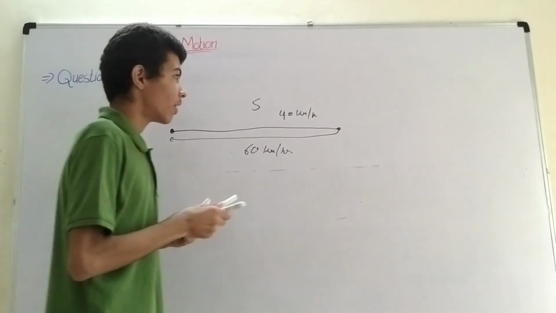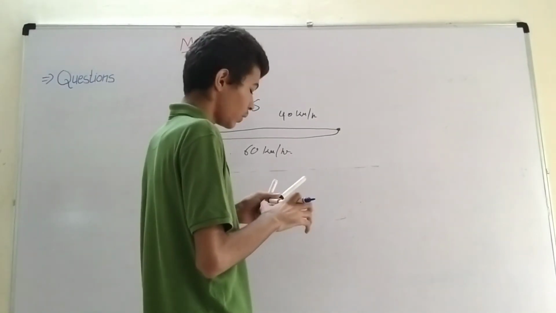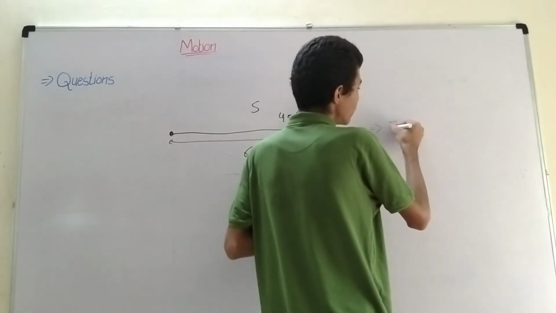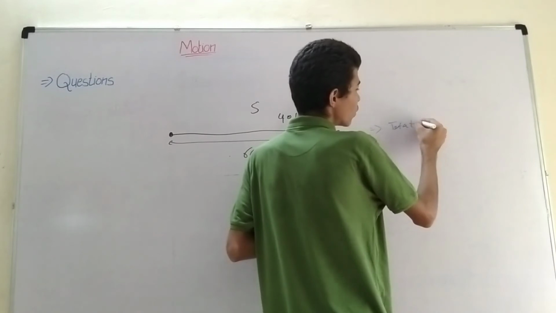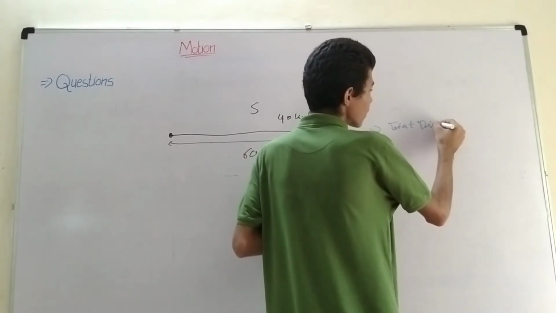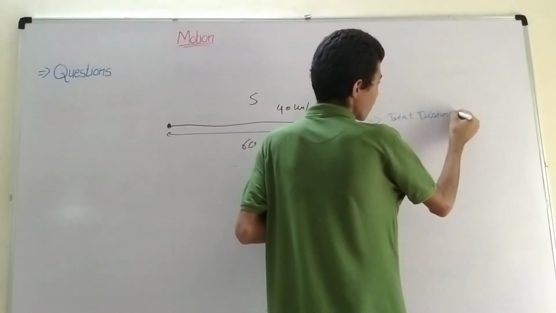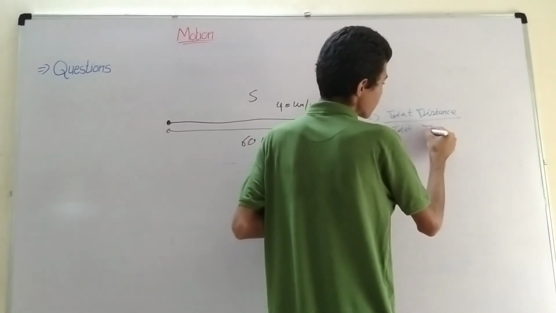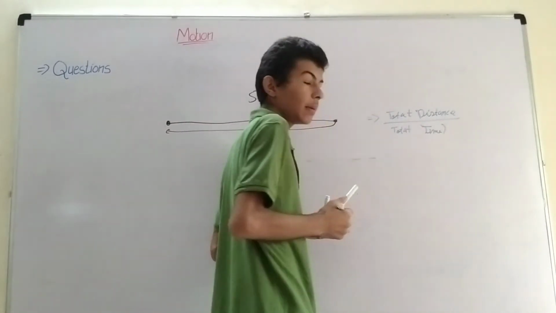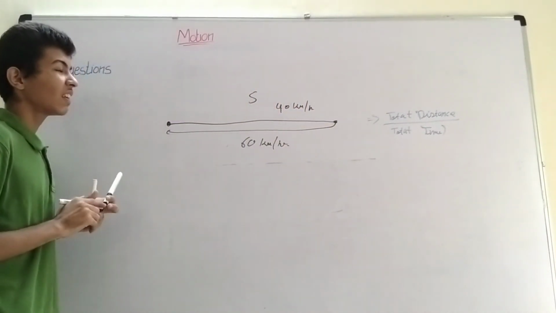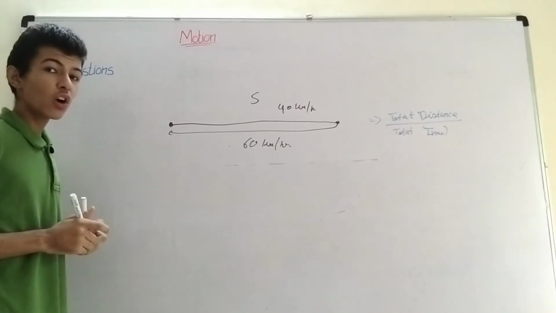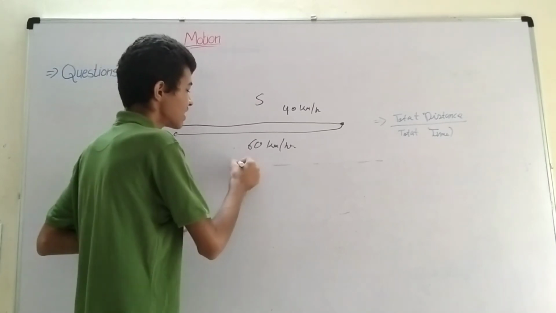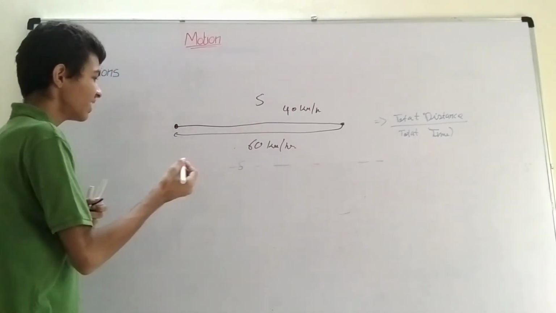So we know that average speed is equal to total distance by total time. So now the total time is also not given and the total distance is not given. We can take the distance, let's take the distance as variable s. So the total distance would be 2s,